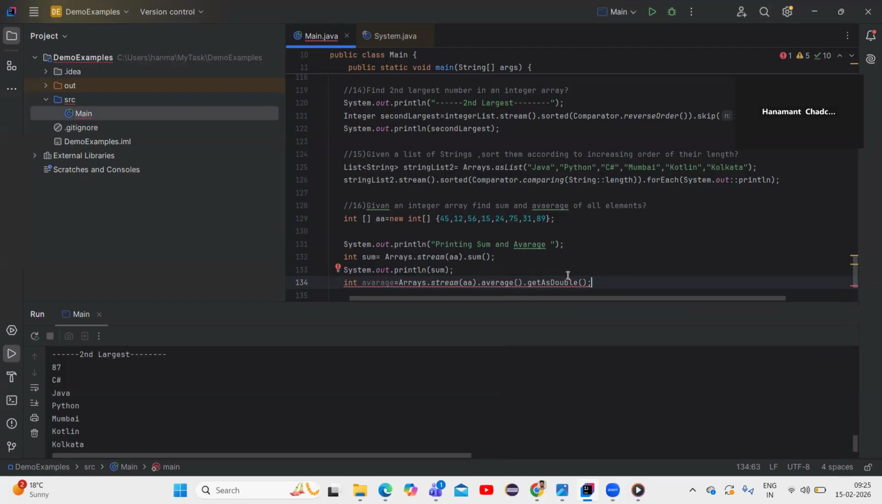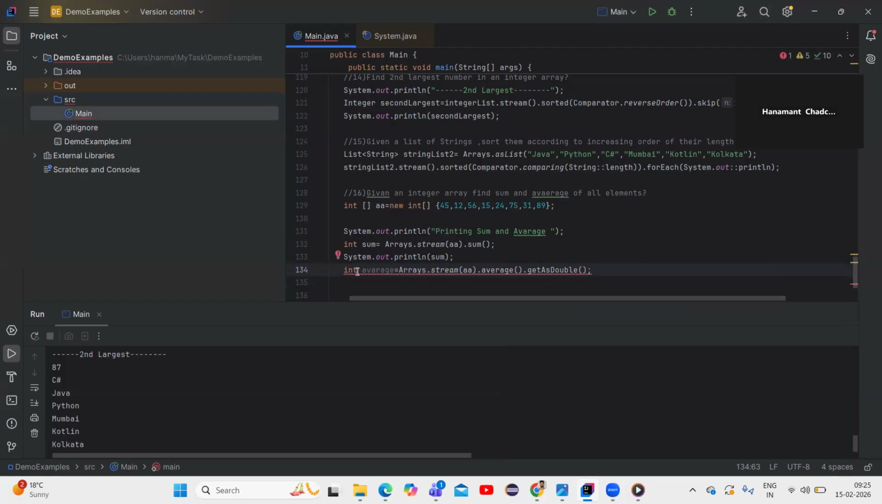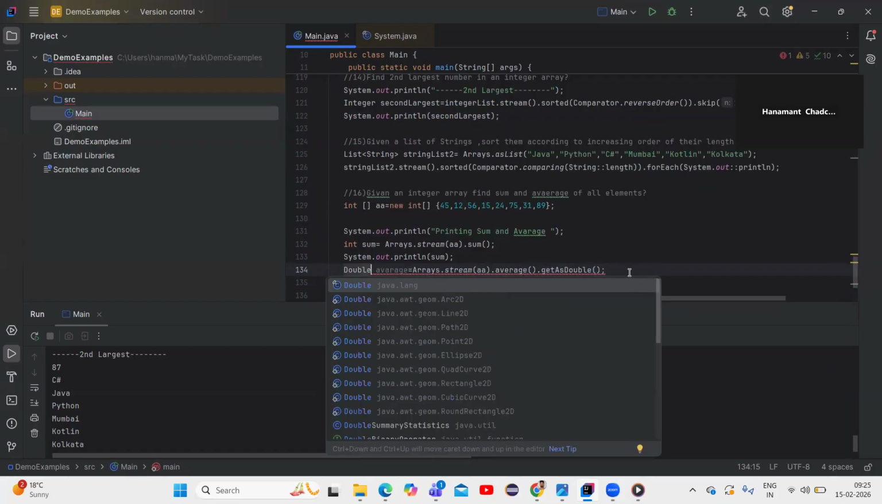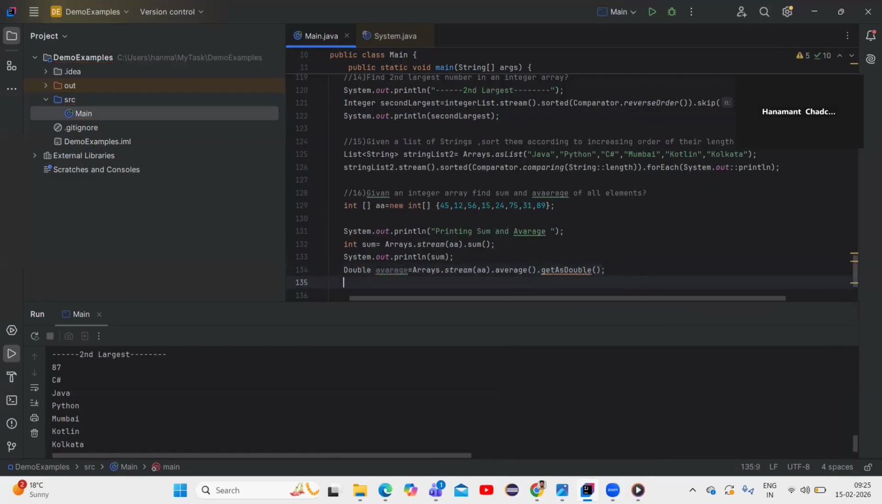Oh, we are taking here a double. And after that, we are printing that one. This is how simple the 16th one is, right? See, the sum is 347 and the average is